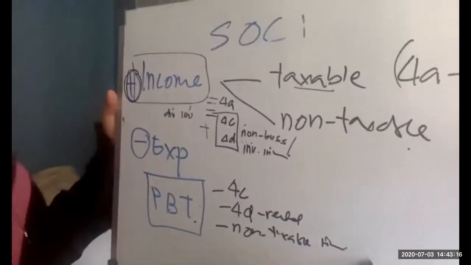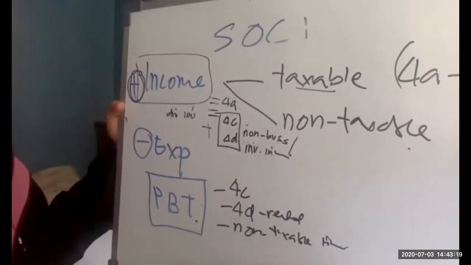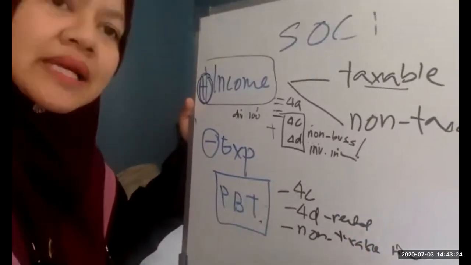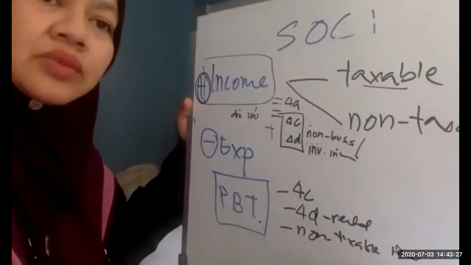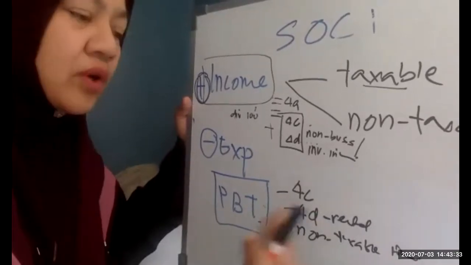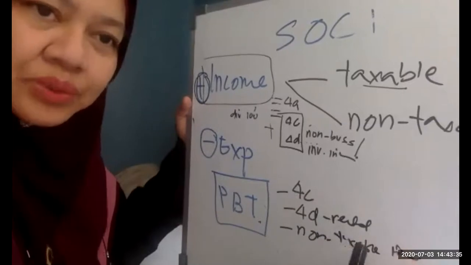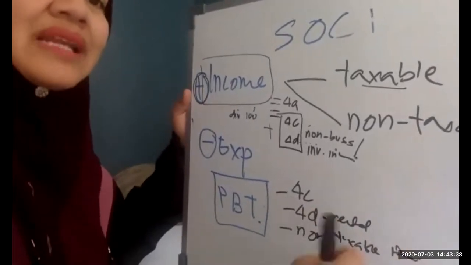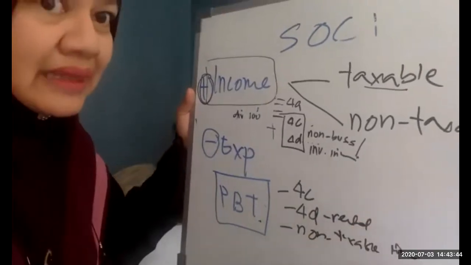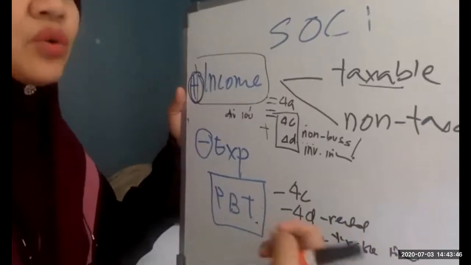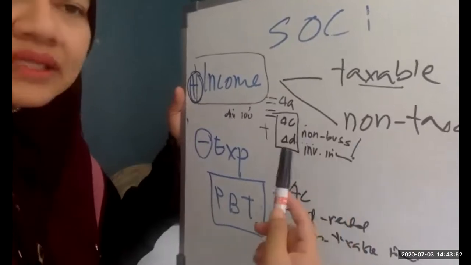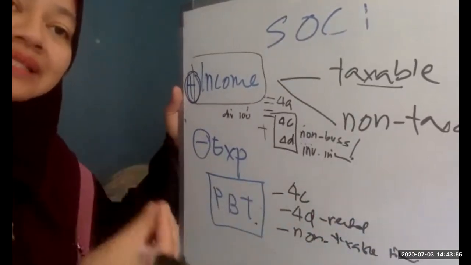So non-taxable income. I remember that students are confused. All right, you have shares in a company. When you have shares in a company, the income from the shares is what we call dividend. And that dividend income is taxable under section 4C. Whether it is final or exempted, that's a different issue, but it's taxable. The exemption is given later. Okay, for example, you have a rental income. You have a property, then you rent out the property, you will have your rental income, which is subject to tax under section 4D. So the rental income is taxable.